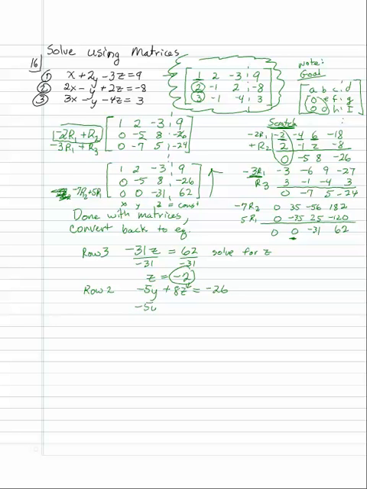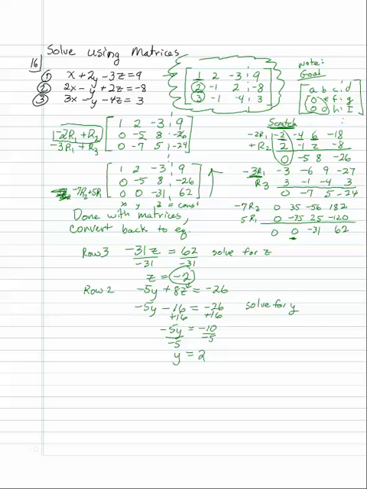I get negative 5y minus 16, because 8 times negative 2, equals negative 26, and solve it for y. So add 16. That looks like what, negative 10? This is where I miss having you in front of me, because you can always check my math as I go. Divide both sides by negative 5,